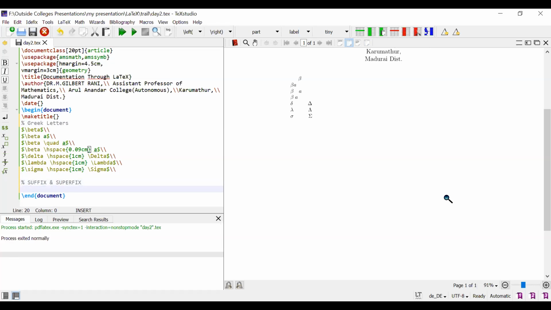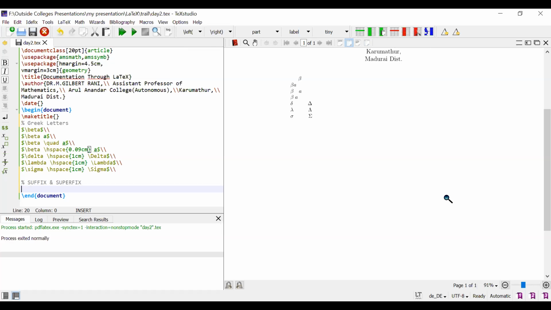Now, I want to get some suffix, that is A1, A2, A3. That is called in mathematics an indexed number. That means one element indexed by some set of natural numbers. That is A suffix 1, A suffix 2, A suffix 3.